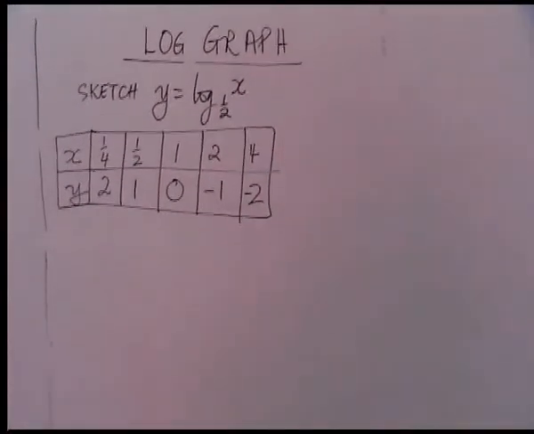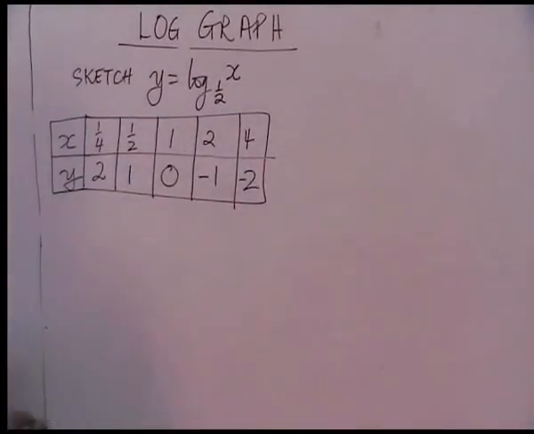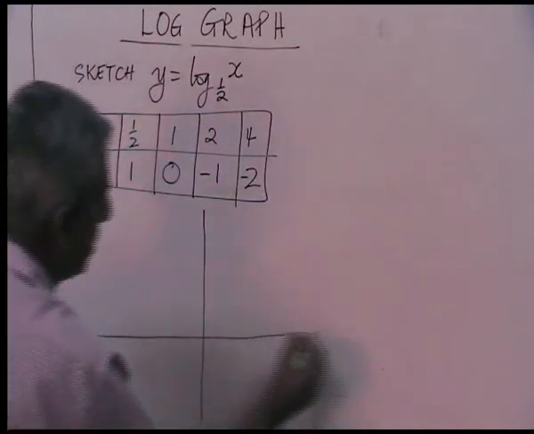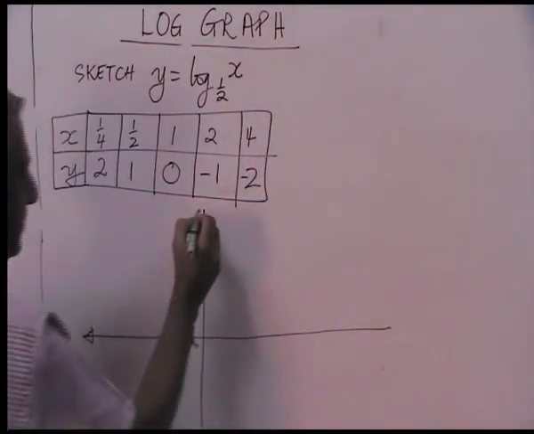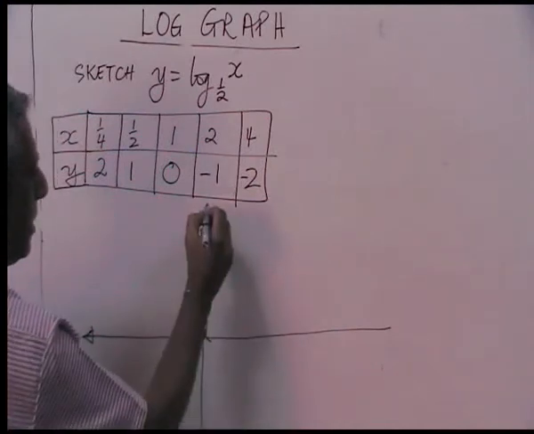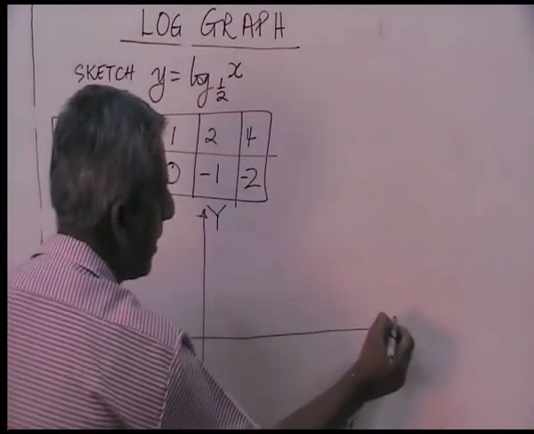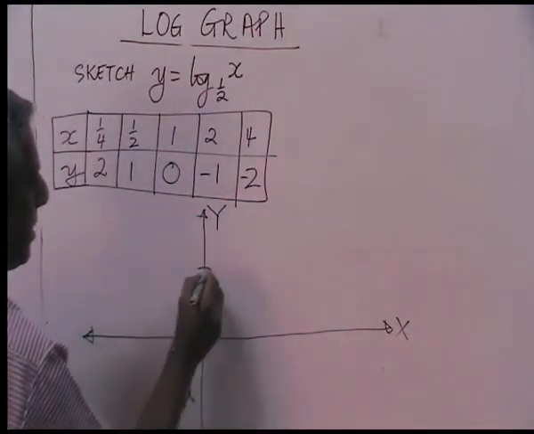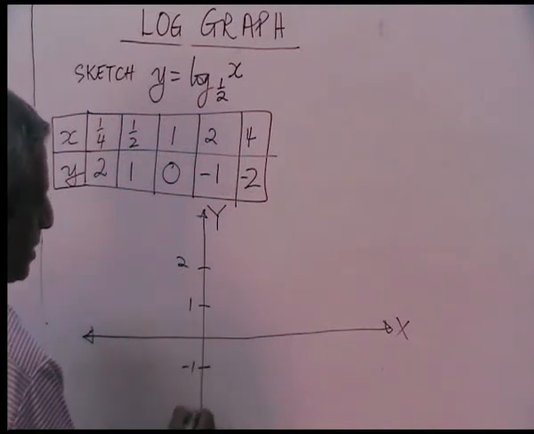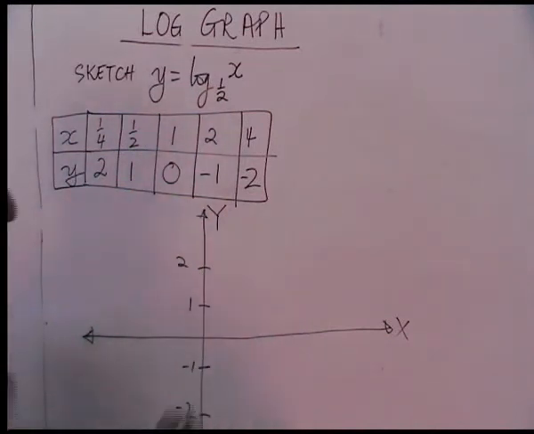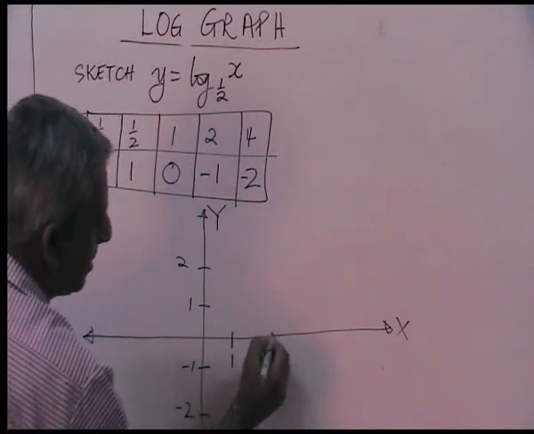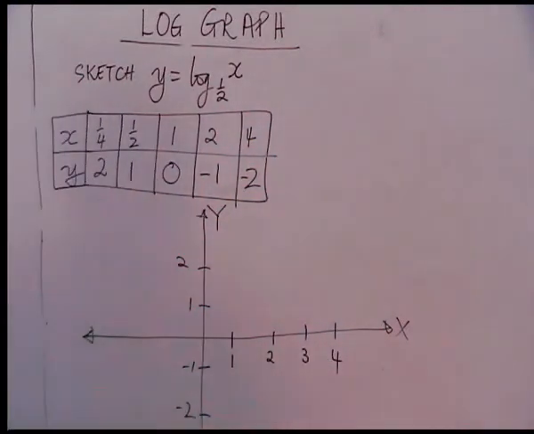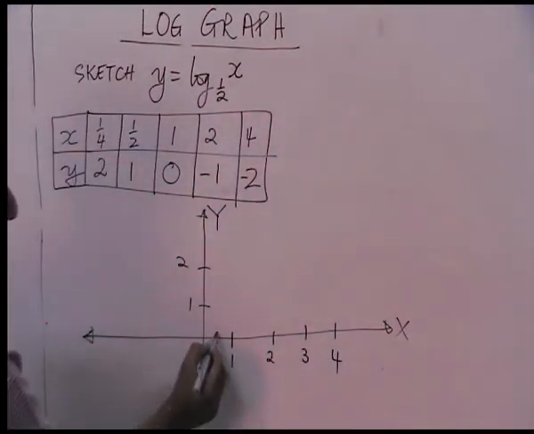So what we're seeing now are the ordered pairs for this particular function, and we're going to draw this graph. So draw a system of axes. There we are, and that's y, that's x, and that's 1, that's 2, that's minus 1, minus 2. Now that will be 1, that will be 2, that will be 3, that will be 4. Now that's half,